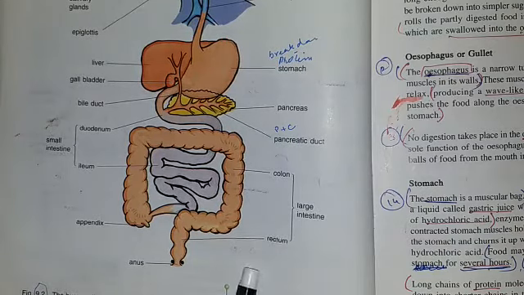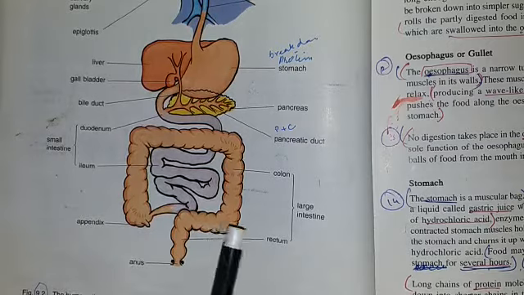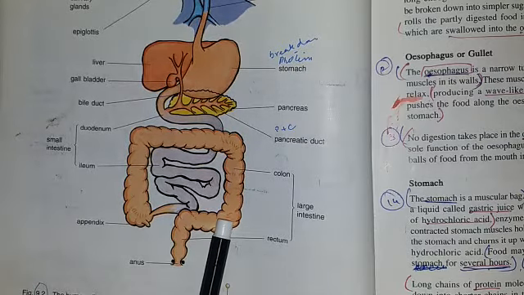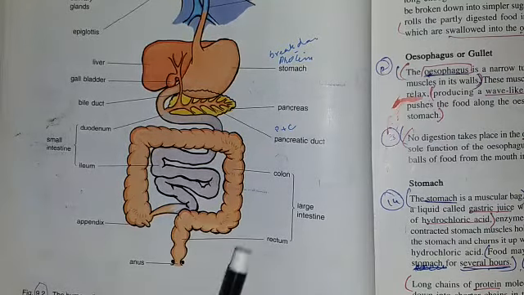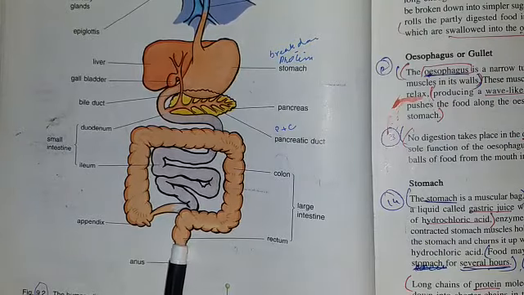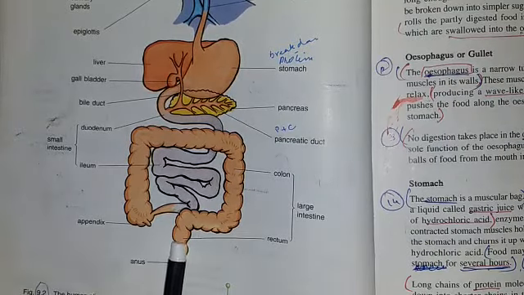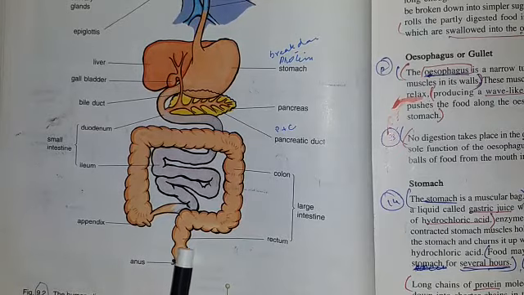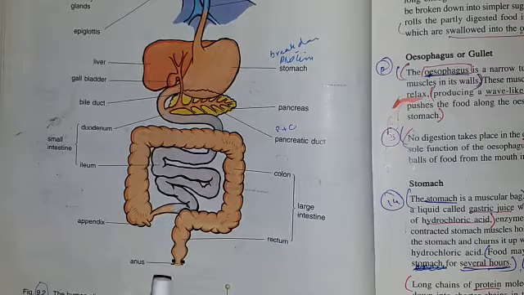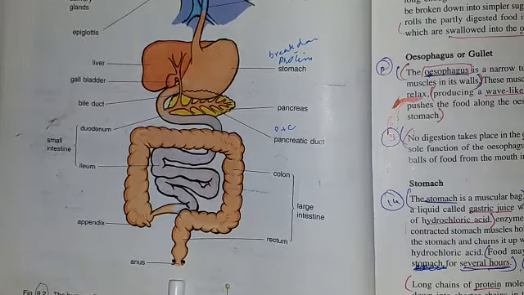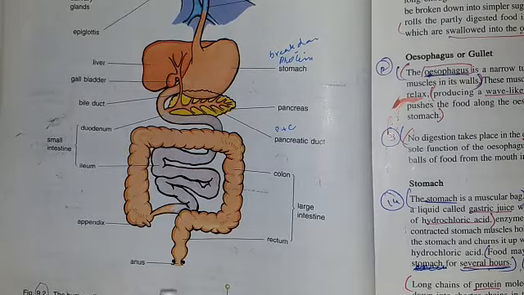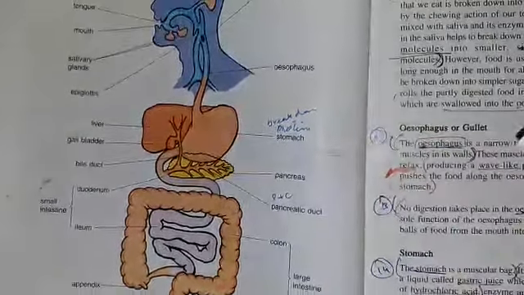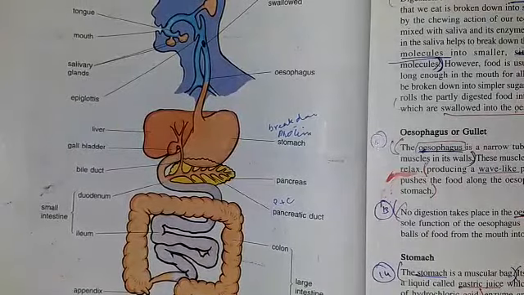Students, these are the parts of the large intestine, and in the large intestine all the undigested food will move towards the rectum. In the rectum the undigested food, consisting of fibers and all the unnecessary things, will be stored for a while, and then the undigested food will be excreted out through the anus, out of the body. So this is a complete sketch of the human digestive system.